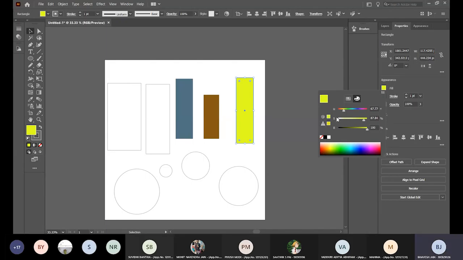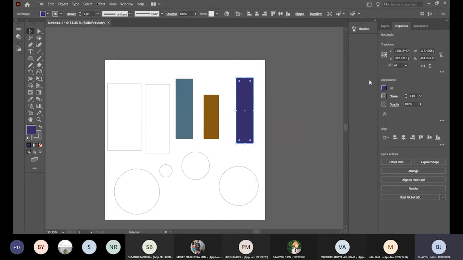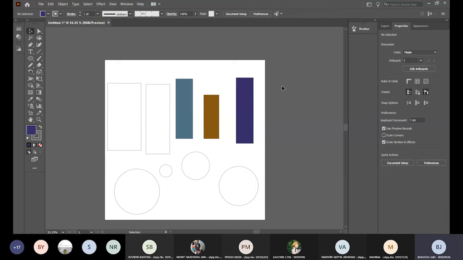Same variation: hue, saturation, brightness. I can control the saturation, I control the hues, and I control the brightness. HSB values can be entered. You guys can pick up a hex code from any website you want. There are multiple websites for the colors and the hex codes.